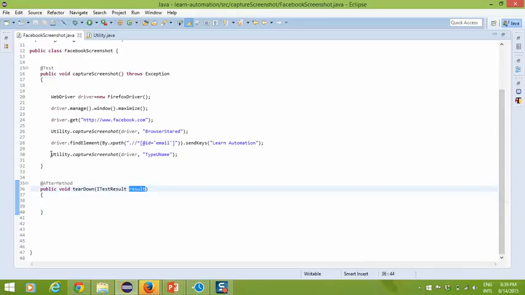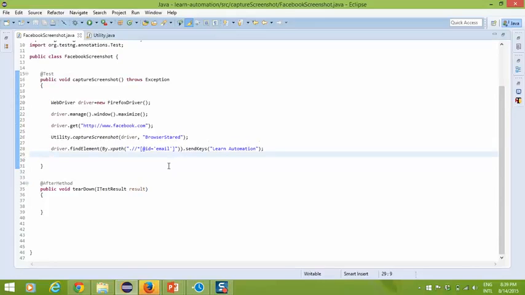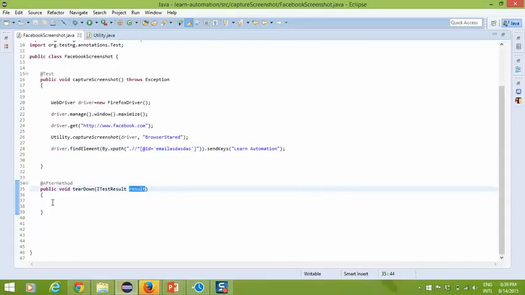I will not take a hard-coded screenshot. If you want to, that's very good, but in this video, I will take one only if my test case fails. So I will forcefully fail this test case. Previously I was using this XPath, ID equal to email, so let me change this to some different XPath. Definitely now WebDriver will try to find an element whose ID is this, and it's not a valid ID, so WebDriver will fail this test case. Whether the test case passes or fails, all the result information will be stored in this result variable.